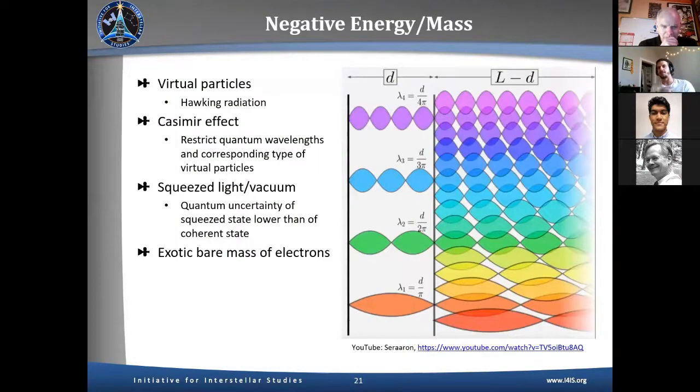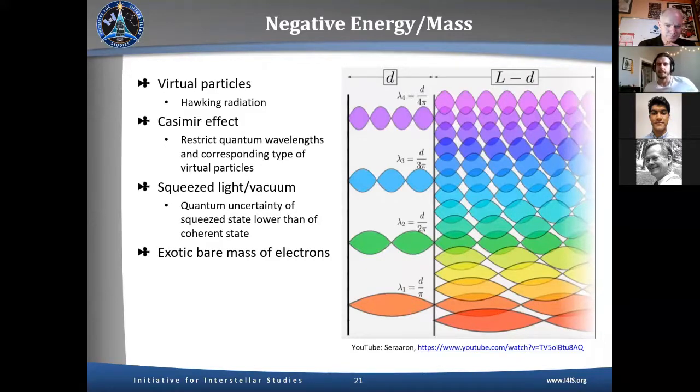With regard to producing negative mass or energy, this is being actively discussed, whether that's actually possible, because there's some physics that in principle says, yeah, it is possible. We're just not sure if we've ever observed it. So one would be from Hawking radiation. We know that the particle pairs that are created on the edge of a black hole, one of them should be positive, one of them should be negative. The positive part is released. That's what we observe as Hawking radiation, or would observe. And the part that stays is the negative part. So if we could somehow finagle that negative part out of the black hole, we would have negative mass or